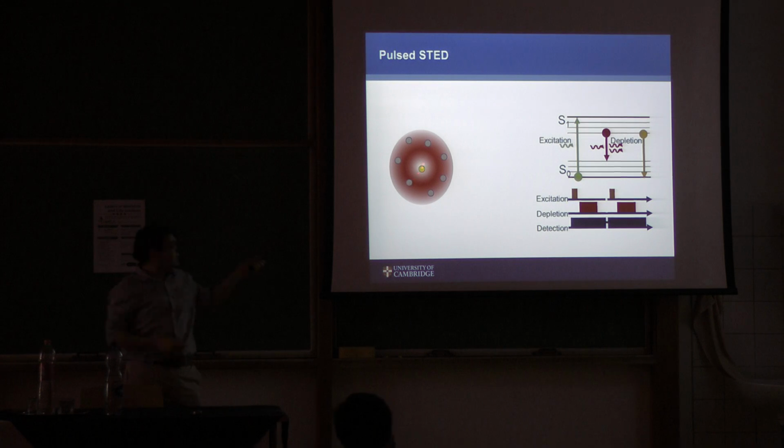A property of fluorescent molecules is that they have a complicated energy level diagram. But basically, the result of this energy level diagram is that if I illuminate my supposedly green fluorescent molecules with a correctly chosen